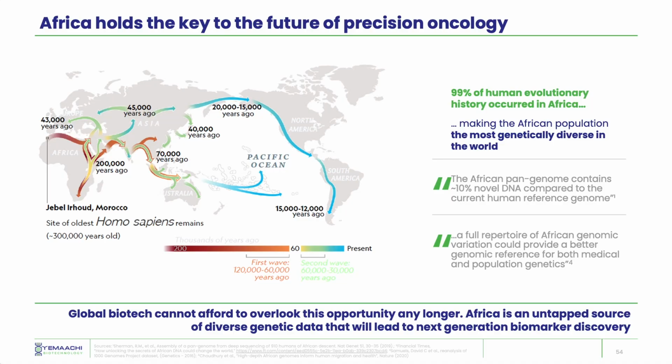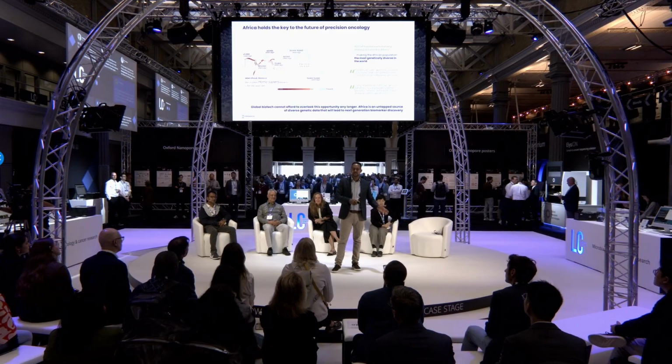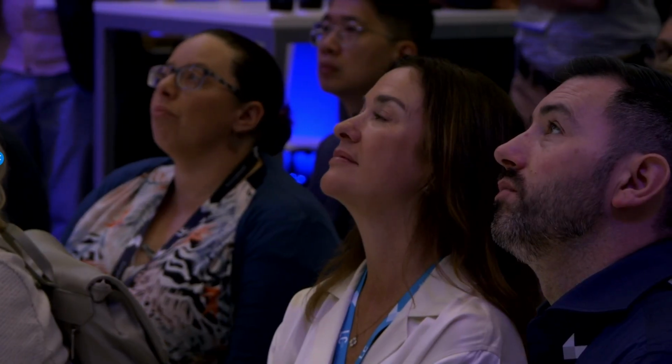So the idea at Yamachi is if you have a diversity problem in precision medicine and in biopharma, the solution actually resides on the African continent. And I often joke that the moment we invented sequencing machines, we should have moved them to Africa and started sequencing across the continent. We didn't do that. We have a bias, but we can now do something about it,